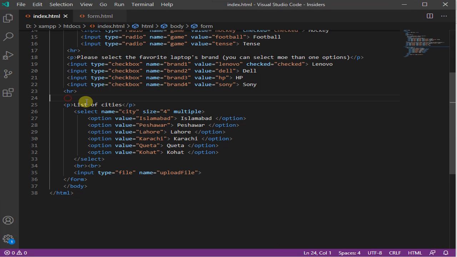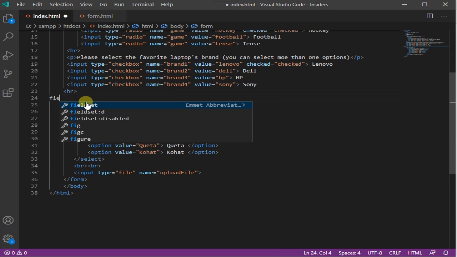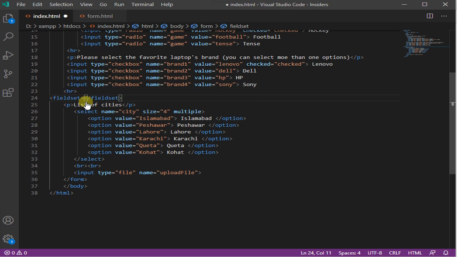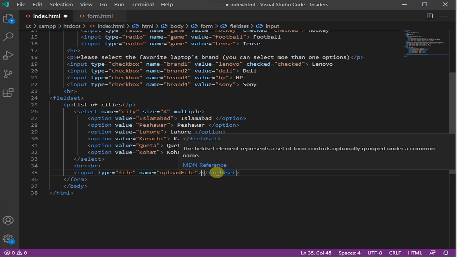So come here and start from here, fieldset, move this last tag to this location,